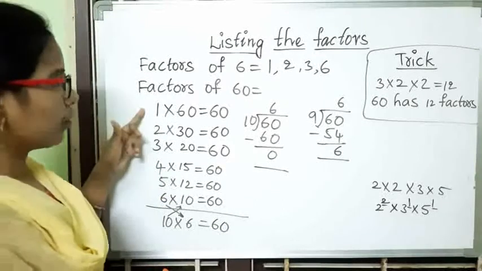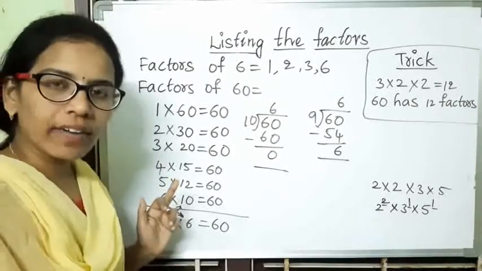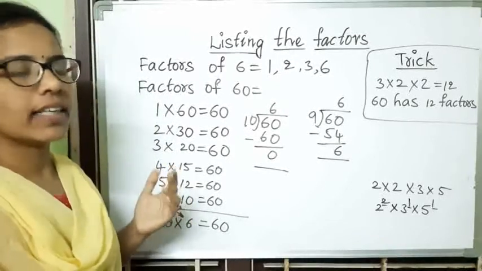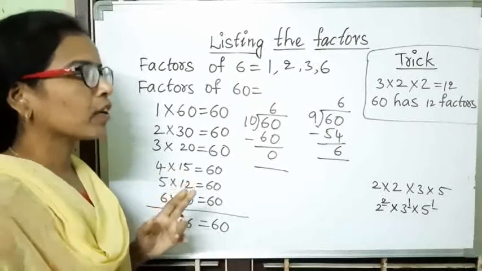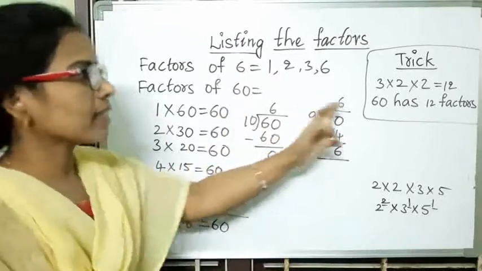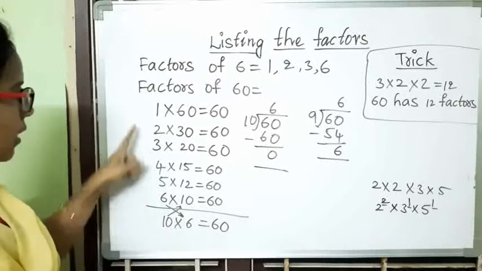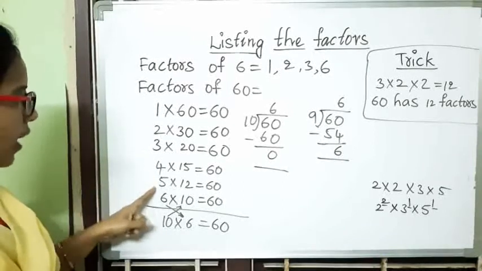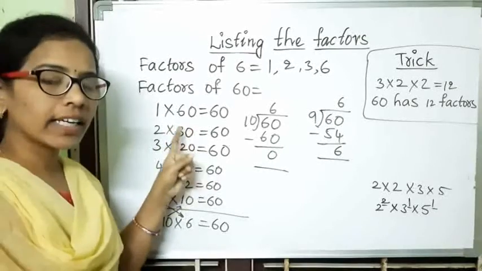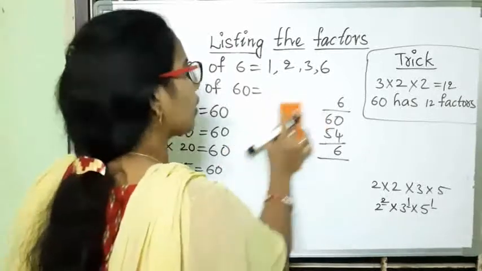Here, if you observe, have we got all the factors or not? Students may get confusion about this. Yes, this video helps them to find out whether they have found all the factors or not. Here 60 has 12 factors. Let's check with this example here. 1, 2, 3, 4, 5, 6, 7, 8, 9, 10, 11, 12. Here we got 12 factors for 60. That means we got all the factors.